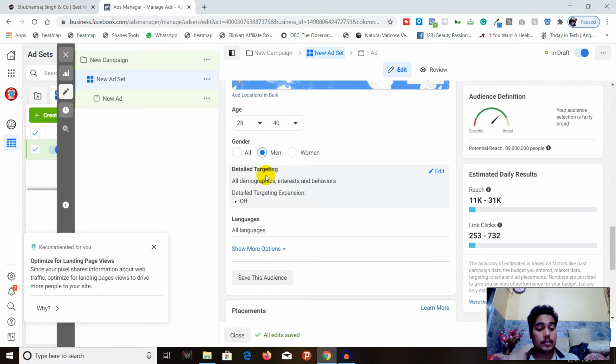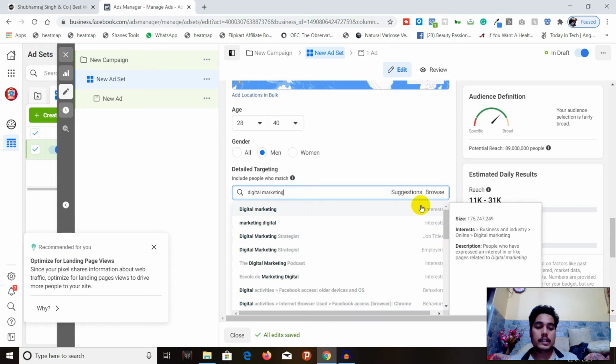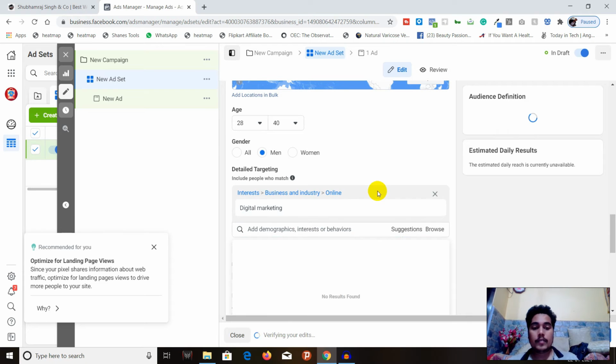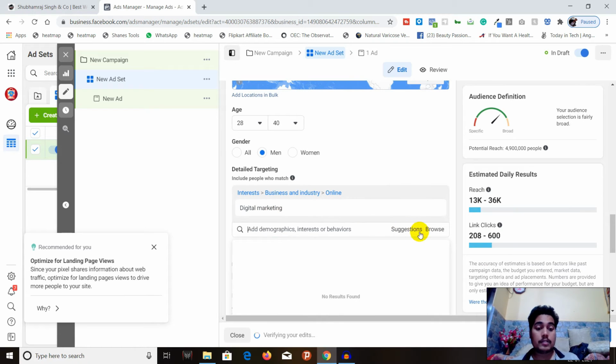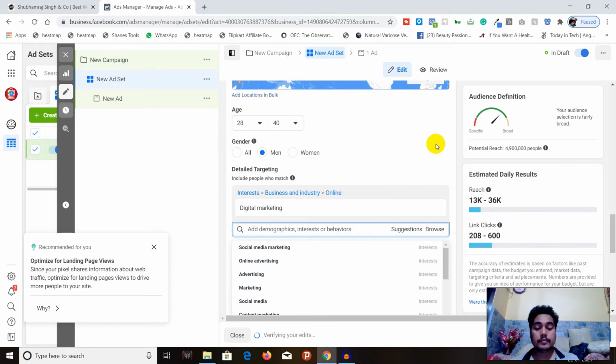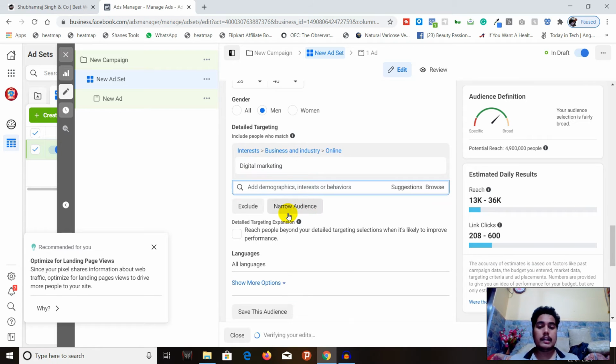You can also do detailed targeting, like do you want to add some kind of interest, maybe something like digital marketing. You can see interest, you can select it, and if you want more suggestions, you can click on suggestions and get digital marketing suggestions, or whatever you have entered in the interest.